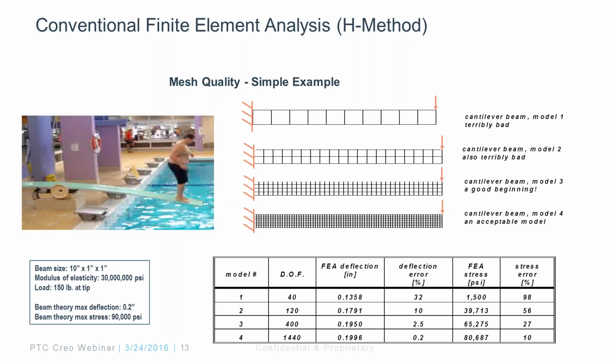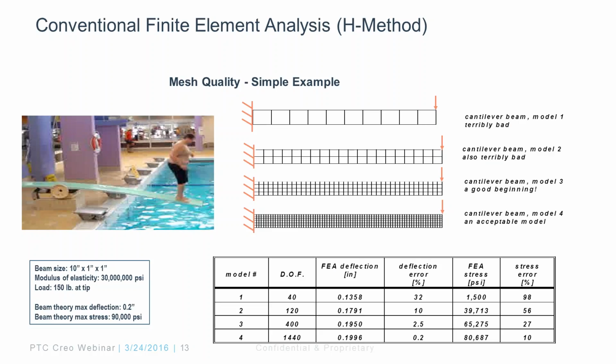With the cantilever beam situation, the higher the degrees of freedom or the higher the mesh density, the closer I get to my hand-calculated result for that particular beam size, the maximum deflection and the maximum stress. However, in the real world, when you work on a lot more complex geometry, first of all, you're not able to do a hand-calculated result like this, and also how much time are you willing to spend on